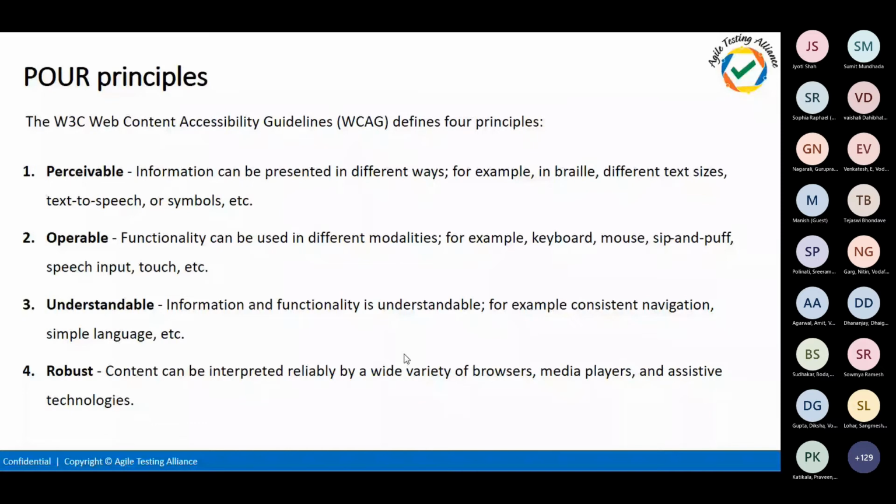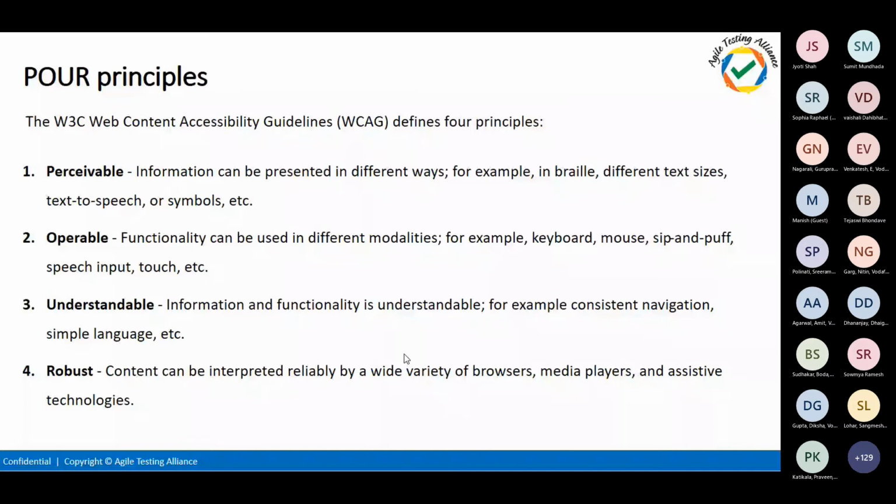And when it comes to the operable, it talks about your keyboards and mouse, like the inputs which you are going to give to the website. So what might be the input, how you're going to handle the inputs, are there any session timeouts? There should not be any timeout for the keystrokes whenever you're giving an input via keyboard, so people can take more time on it.